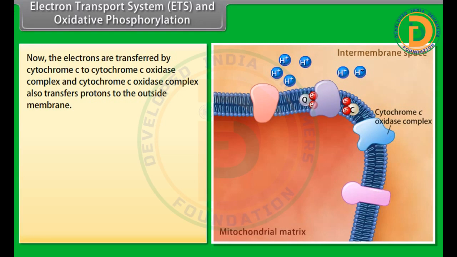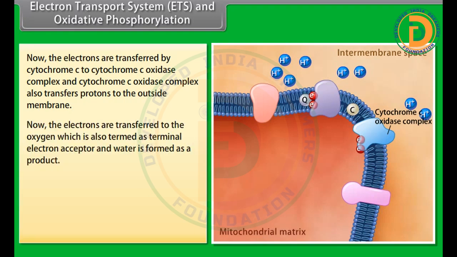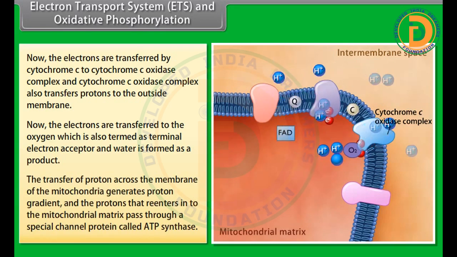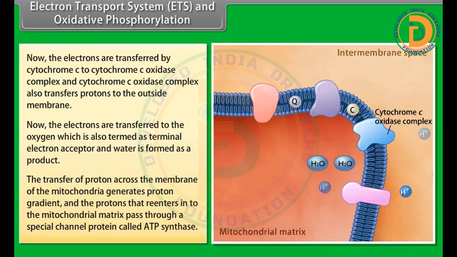Now the electrons are transferred by cytochrome C to the cytochrome C oxidase complex, and the cytochrome C oxidase complex also transfers protons to the outside of the membrane. Now the electrons are transferred to oxygen, which is also termed the terminal electron acceptor, and water is formed as a product. The transfer of protons across the membrane of the mitochondria generates a proton gradient, and the protons that